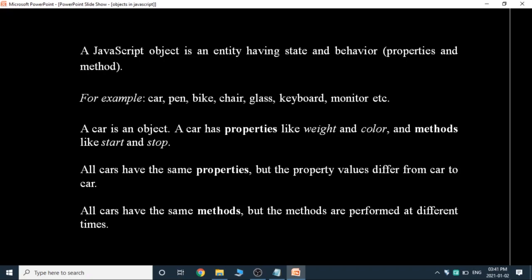Yes, the same properties, but the property values differ from car to car. Similarly, methods differ based on their performance. All cars have the same methods but the methods are performed at different times.